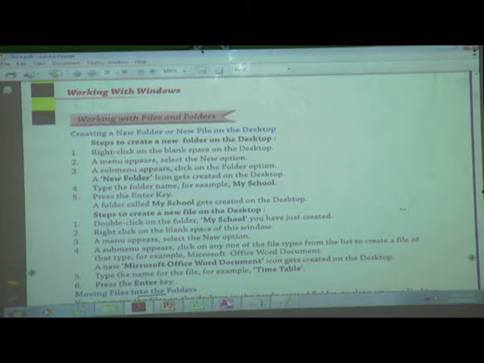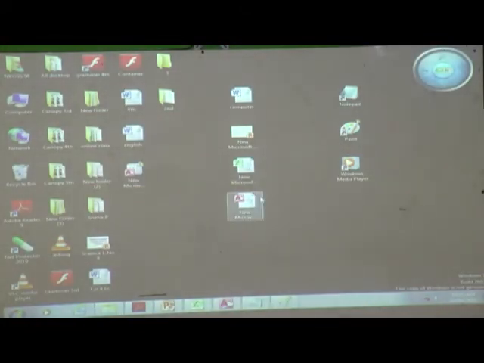If you want to create a new file on the desktop, how to create this new file we will study here. It is our desktop, right? The first screen that appears on the monitor when we start the computer is called a desktop, right? This is our first screen, and we want to create one folder on the desktop. Then how will we create?